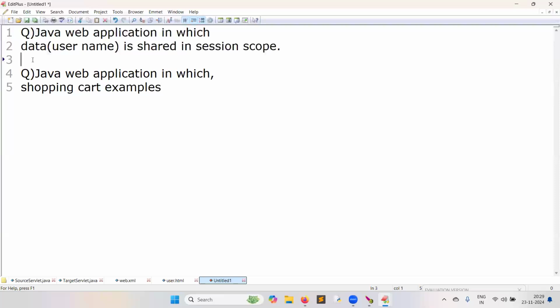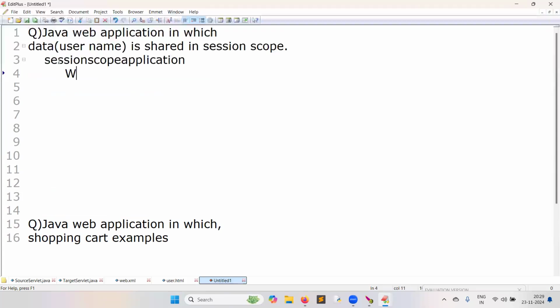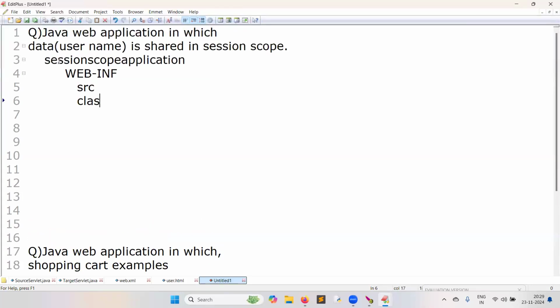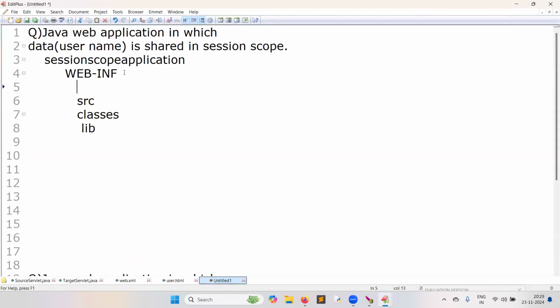Okay, first I will be concentrating on this one: a Java web application in which data is shared in session scope. In it there is the WEB-INF, src folder, classes folder, lib folder. One HTML file will be there, user.html.